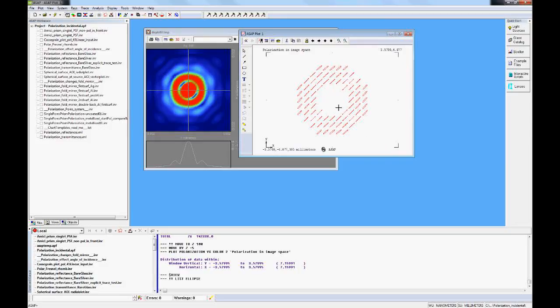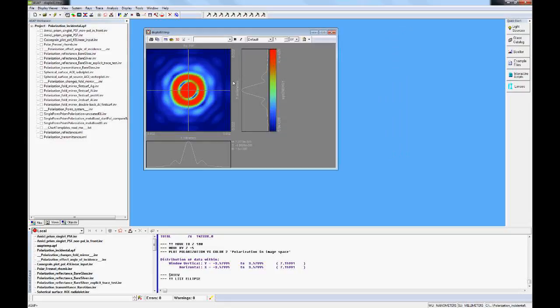You see a definite bias for this 45-degree input polarization. It's very nearly 45 degrees along this diagonal and along this diagonal. But of course, the polarization is orthogonal between the two. So the interference you get in this direction is very different than in this direction. The S interference here looks more like the classical Airy. The P interference across this diagonal wipes that out to some extent because it is such a high NA. They don't overlap perfectly, and you get a reduction of visibility of that fringe. So that's it for practical